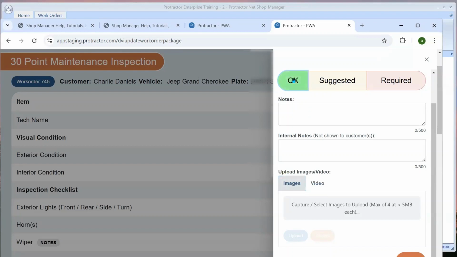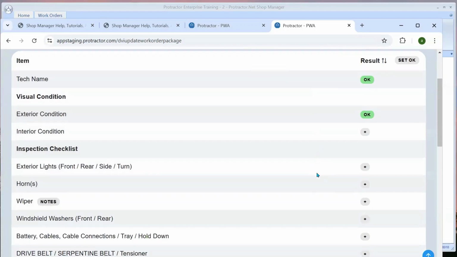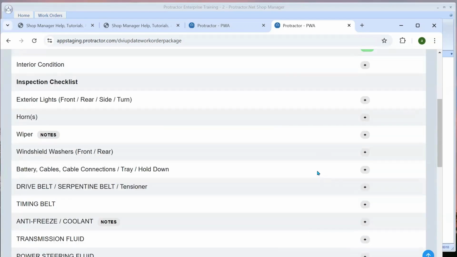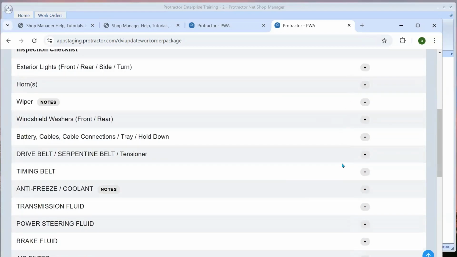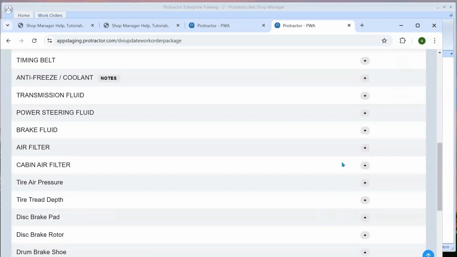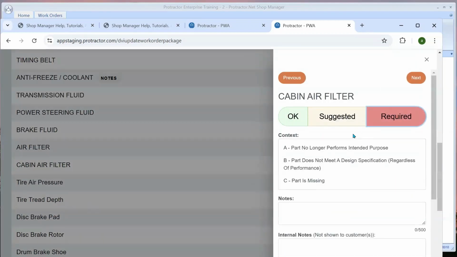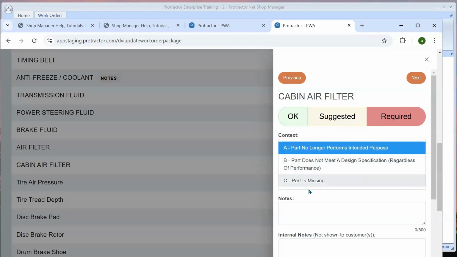So what we're going to do is we're going to skip down here to a couple lines. So you notice how long my inspection list is. Now I do want to try my best to get as much as I can, but let's just say this thing does need a cabin filter right off the bat. So I can click it. I can mark it as required, put in my notes,